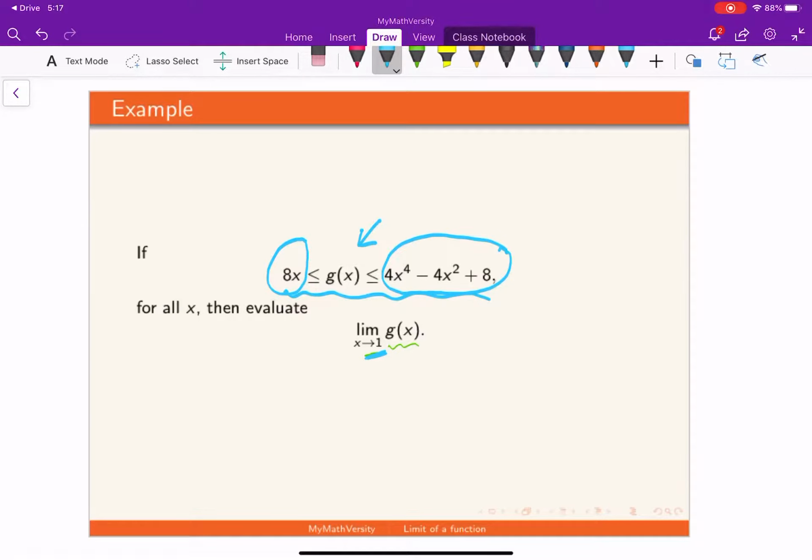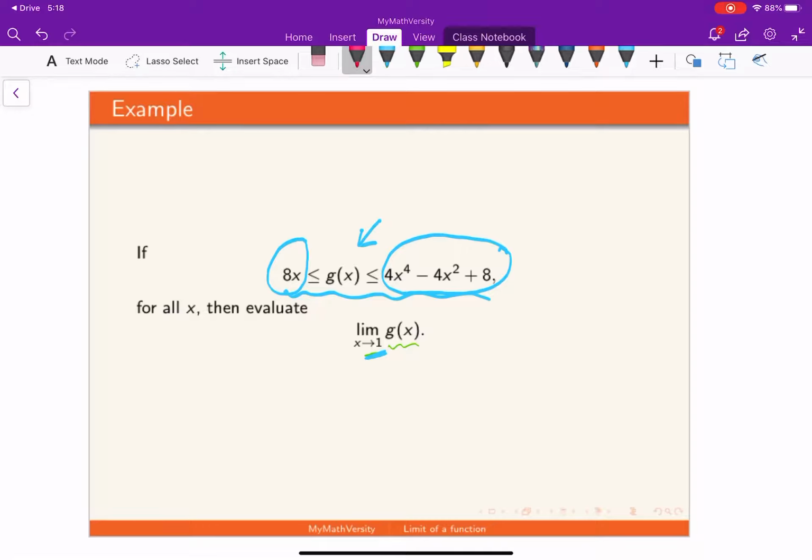But what will happen if they are not the same? Well, if they are not the same, then we don't know. Maybe we can just give up, because we cannot use the squeeze theorem here. We don't know how the function g behaves. This will be difficult in that sense. But let's try to see if we can use the squeeze theorem.